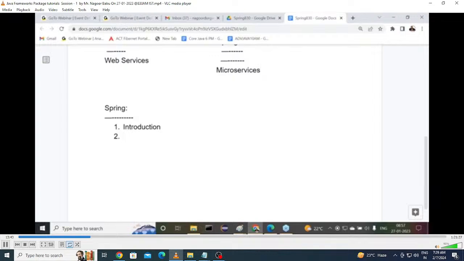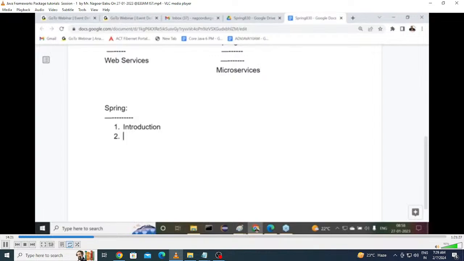Here in the introduction part, we are going to put much focus on what a framework is, and what exactly the requirement of frameworks is. A simple question I'm asking: to design web applications or enterprise applications, we have so many technologies. Servlets and JSPs are available. EJB is available. Apart from that, a number of servers are available, like Tomcat, WebLogic, or something else. Then IDEs are available, Eclipse, NetBeans, IntelliJ IDEA, so many. These many things are available to prepare and execute enterprise applications.